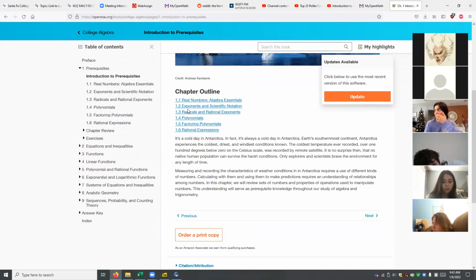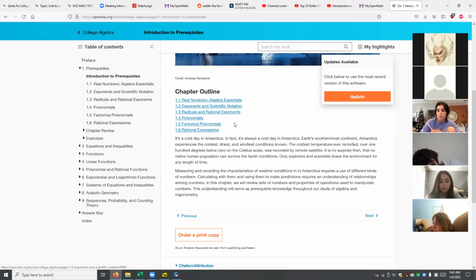And you see here the first chapter. So we're going to talk about real numbers and basics of algebra. We're going to talk about exponents, scientific notation. Some of these things we're going to assume that you're familiar with from previous math classes. Some of them I will cover in a kind of en passant way, where we talk about them as we need them. Certainly, we will talk about factoring polynomials, rational expressions, all that good stuff.